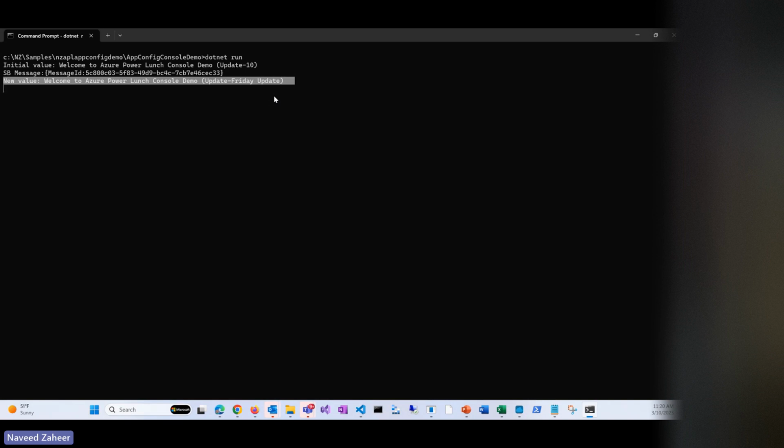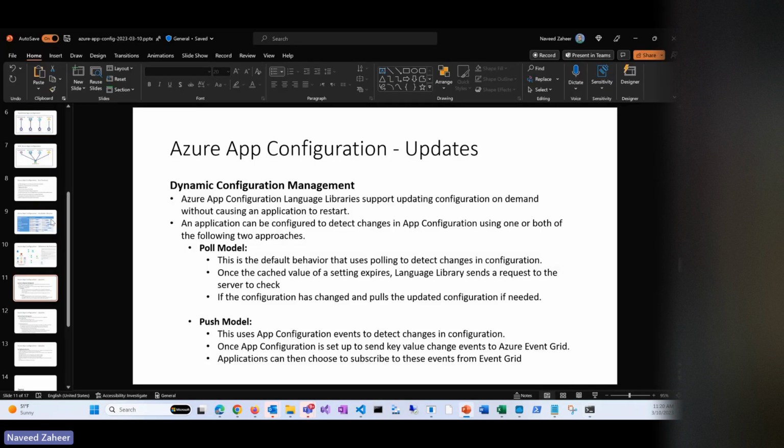Just keep in mind that at this moment, this push type update is only limited to .NET Core, at least what I have seen so far, and Java Spring. But the dynamic configuration is supported in a number of languages. Of course, you can use APIs as well, REST APIs. Okay, now let's quickly go back to the slide deck and go into the next thing,